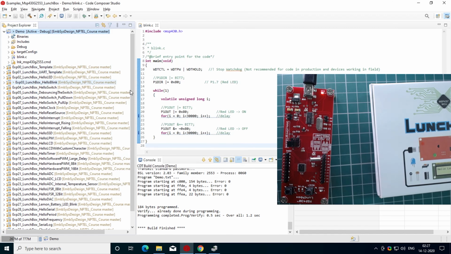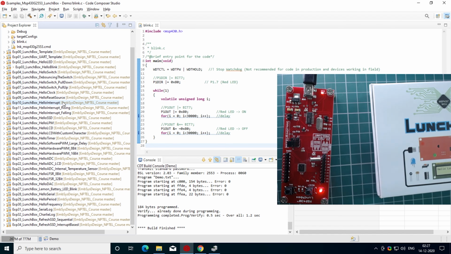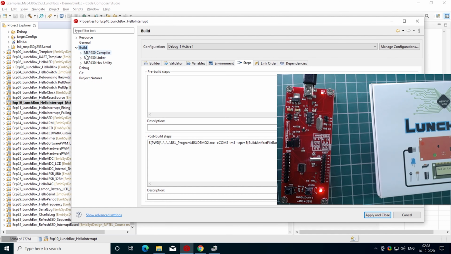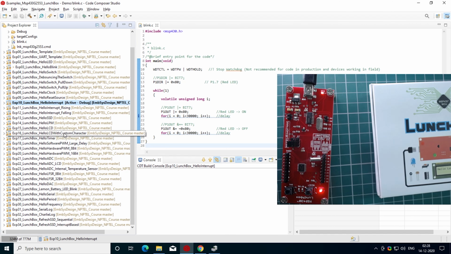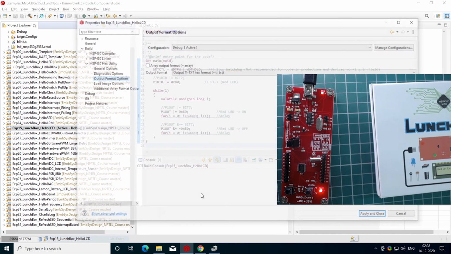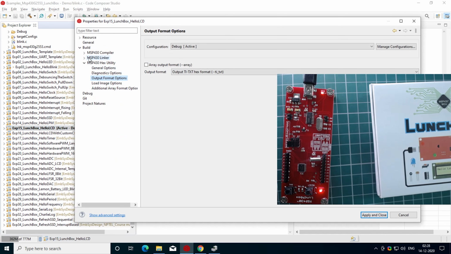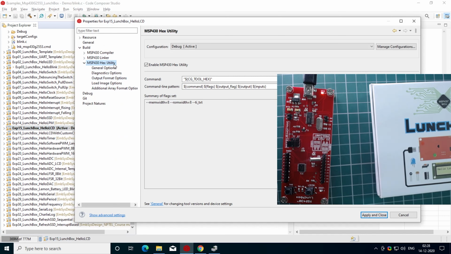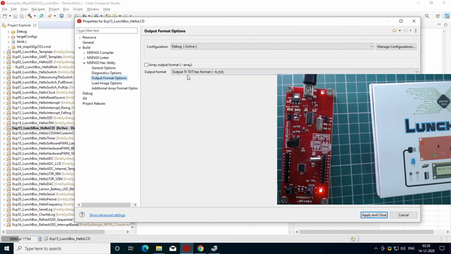If you are using the default repository, all the projects in this repository are pre-configured with these settings of hex utility as well as the output format.